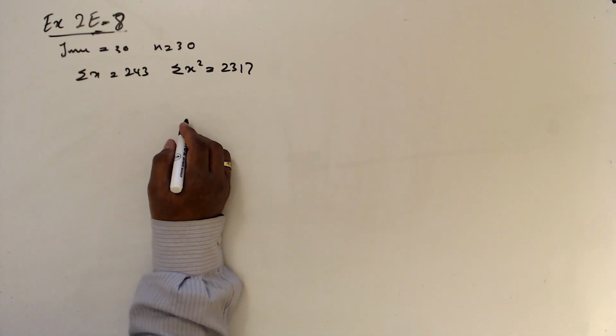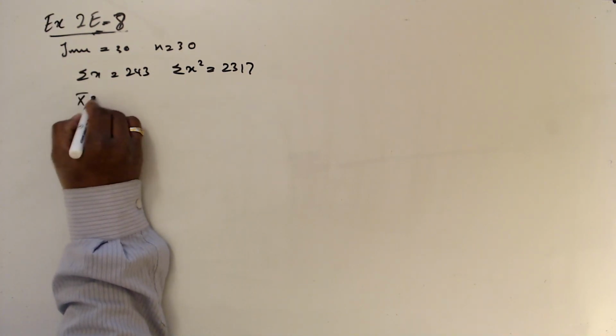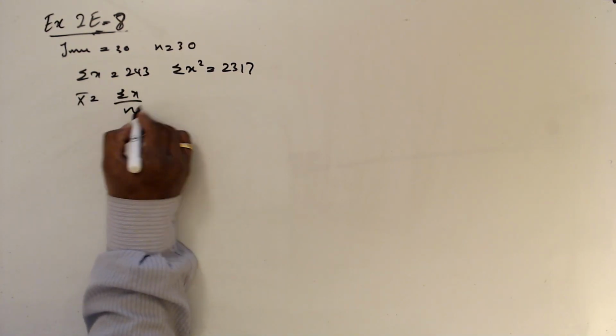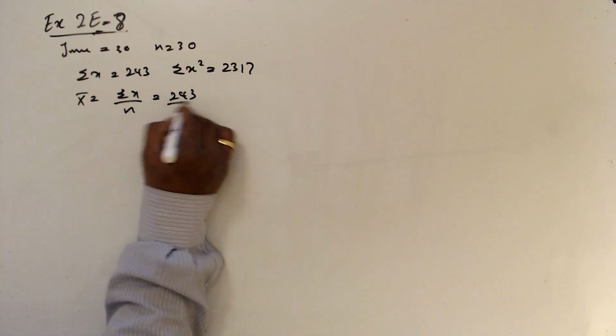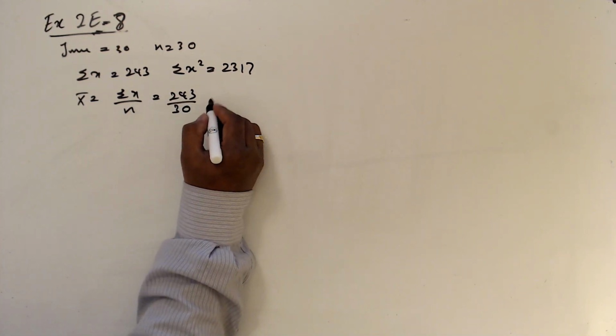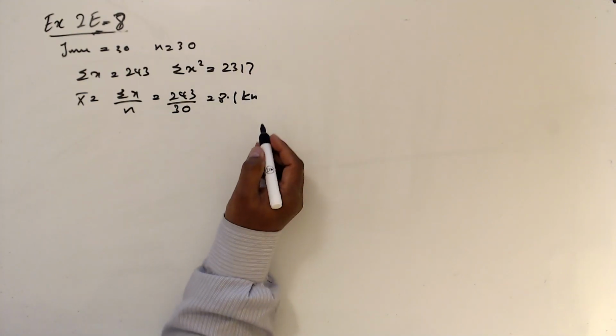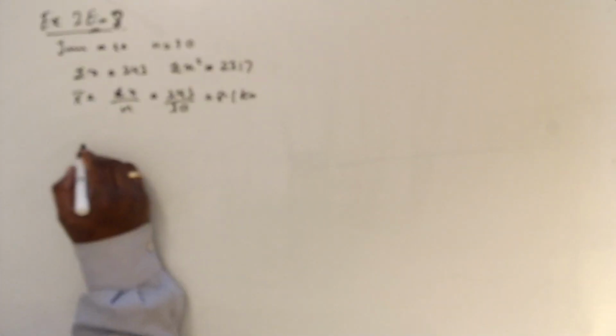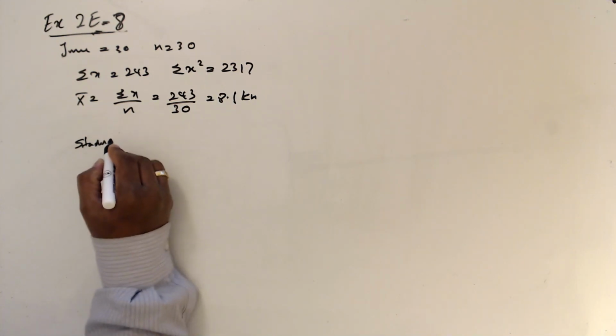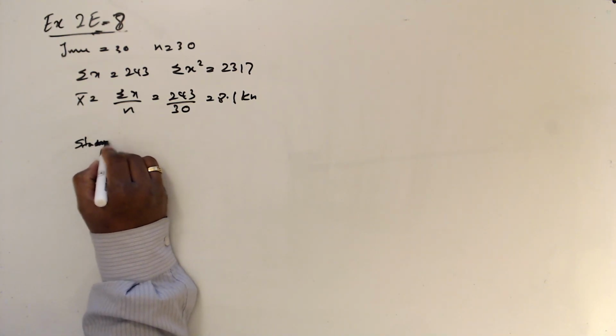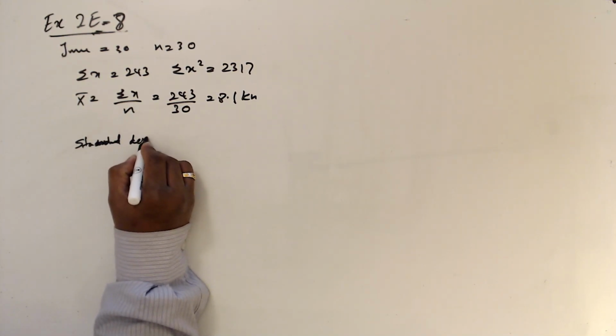Calculate, using a calculator, the mean and the standard deviation of the daily wind speed. Mean x bar is summation x over n, that is 243 over 30, that is 8.1 kilo